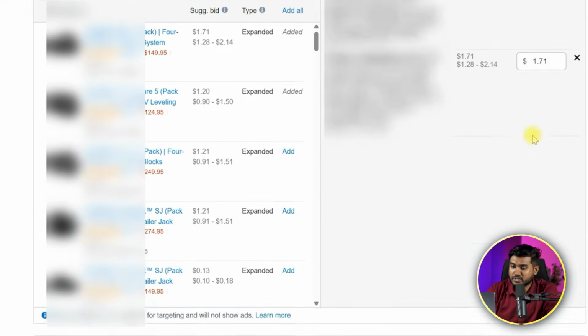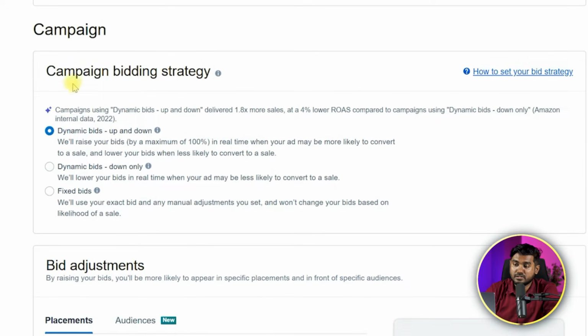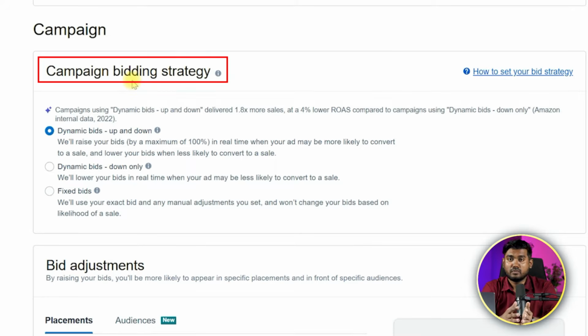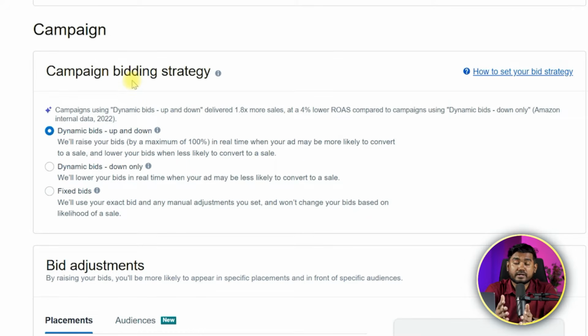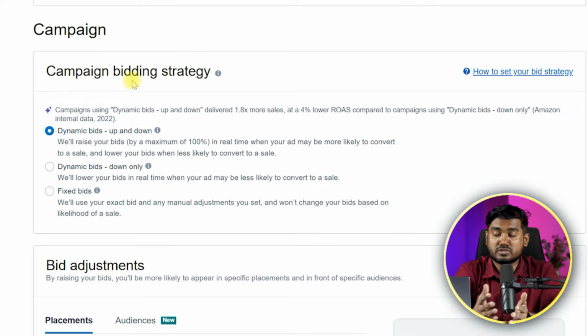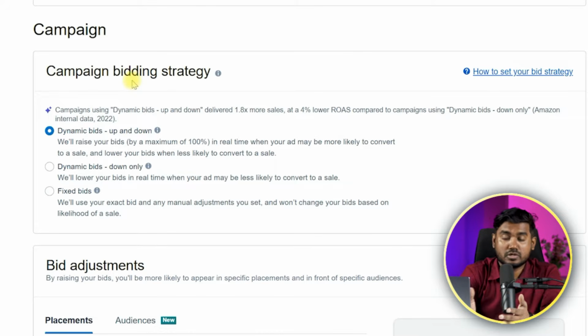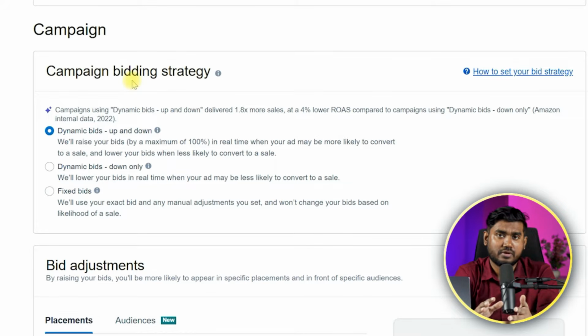I can adjust those bids, and if I scroll down, here's the most important part. It's the bidding strategy. So for product targeting ads, as I told you, the overall CPC is very low for product targeting. So you can either pick up and down, or you can go with the down only strategy. Most of the cases I use down only strategy because these types of campaigns have a lot of traffic, and